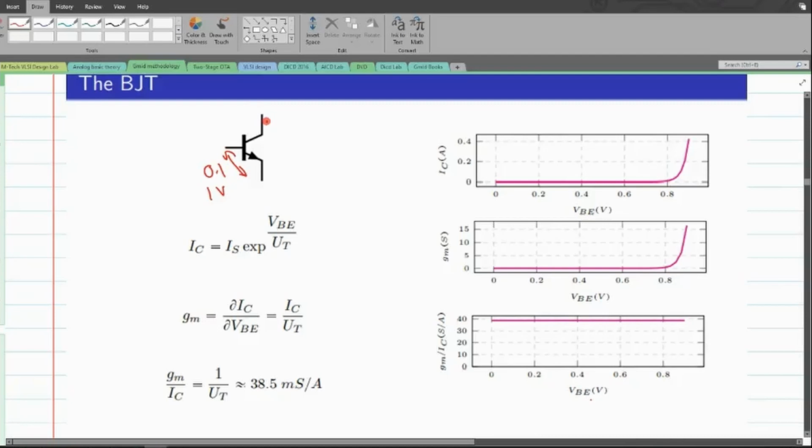So no one actually really talked about what is known as GM over IC for a BJT. And hence there is no GM over IC design methodology that existed for analog designers to use as a design variable. That was the reason why we never see this particular term used while designing any BJT amplifiers.